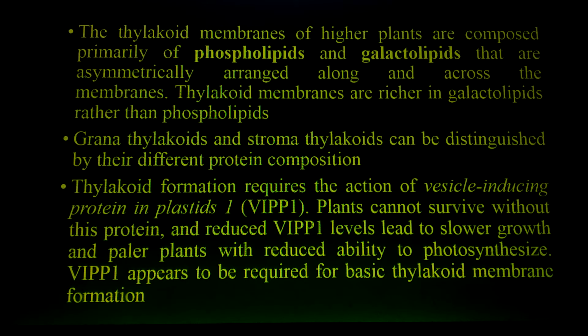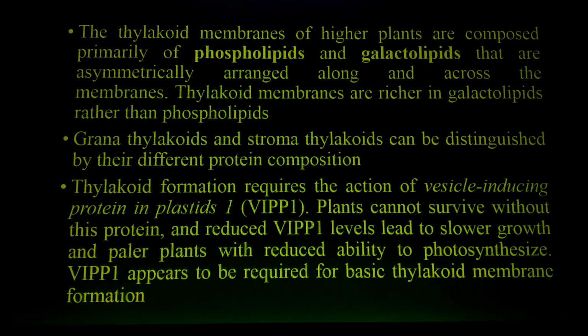The thylakoid formation requires the action of the most important protein, vesicle, must keep it in your mind, vesicle inducing proteins in plastids. They are known as VIPP. Vesicle, I for inducing, P for protein in plastids. Is it clear? A plant cannot survive without this protein,